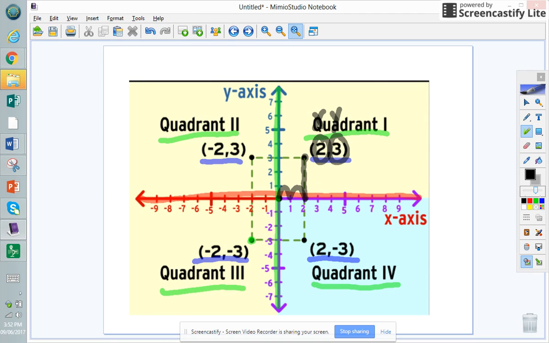Over here, we see -2, which means we go 1, 2, and that's sort of going backwards. When we start at the origin of 0, go back 2. That's -2. And then a +3, which is upward: 1, 2, 3, and we reach that spot. Here's -2 again, but this time -3, we're going down: 1, 2, and 3. We end up right there. And last but not least, this 2, -3: we have a +2, 1, 2, and then down 1, 2, 3,